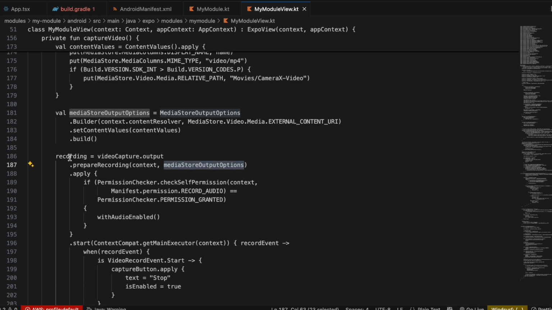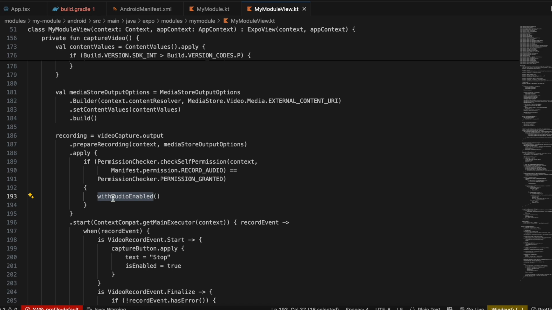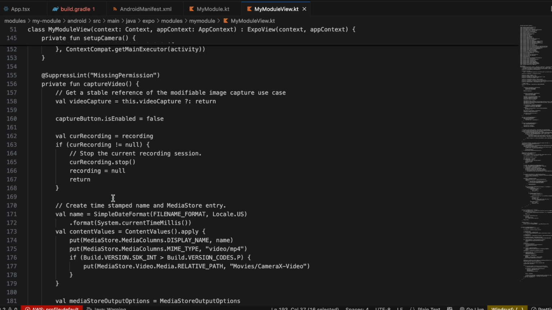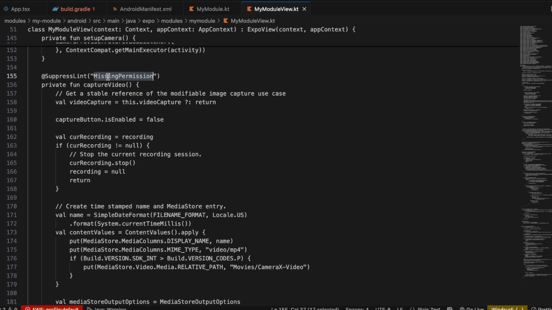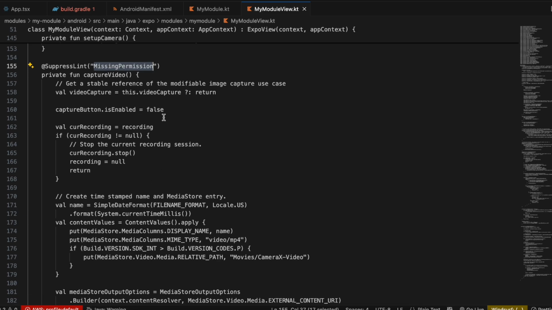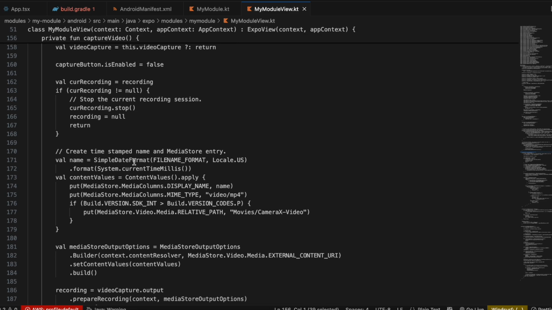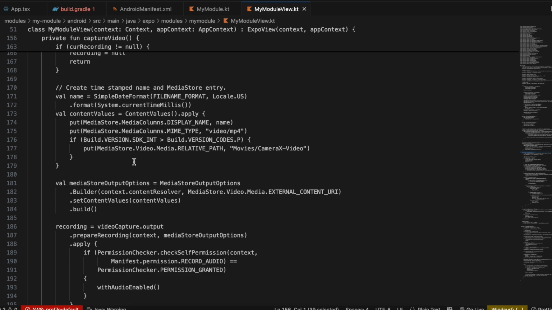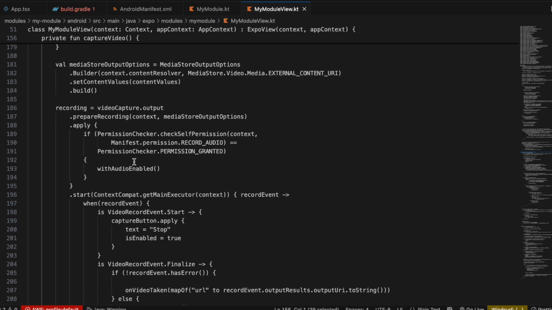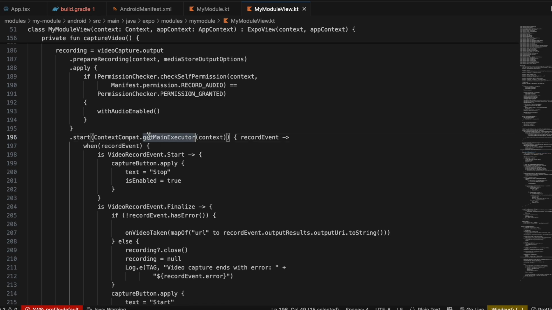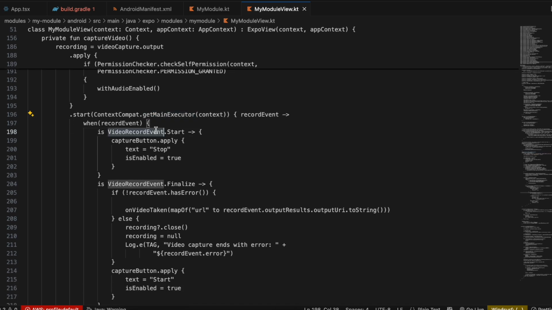So here we start our recording, and here we check whether we have the audio enabled permission as well. Here we have added this suppress lint of missing permission, because we are already checking this on the TypeScript side. So that's why the Android code was complaining. We are already checking for the permission in the TypeScript file before calling this code, so we don't have to worry about this. Then here we start our main executor, and if we have video record event dot start, then we